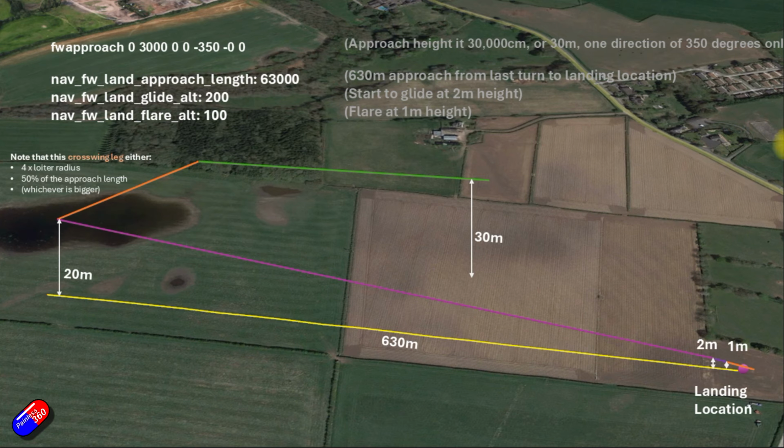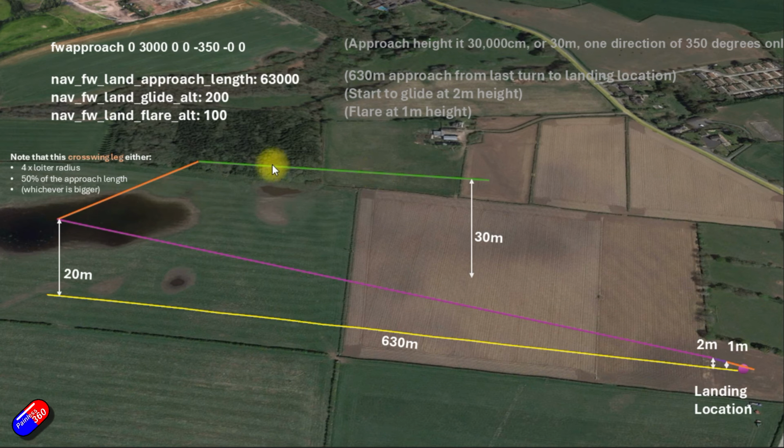So what's going to happen? The plane is going to fly back to the landing location. It's going to fly in a circle to detect the wind. That's not going to make that much of a difference in this particular situation because I've hard coded the approach angle. Once it's got an idea of how the wind is working, it's going to then make its way to this point here. And as it does that, it's going to get down to the 30-meter height, and it's going to fly down